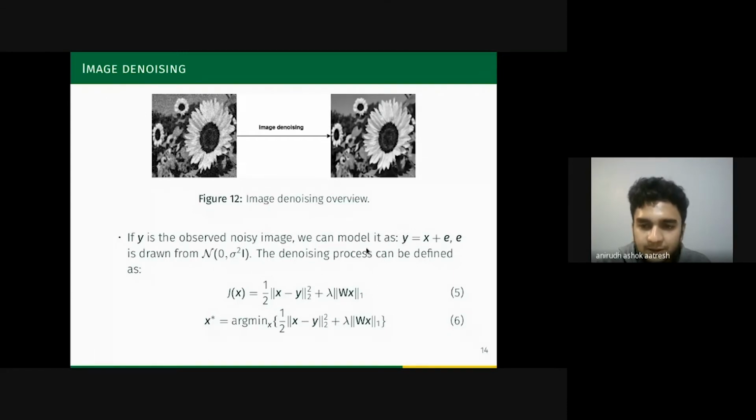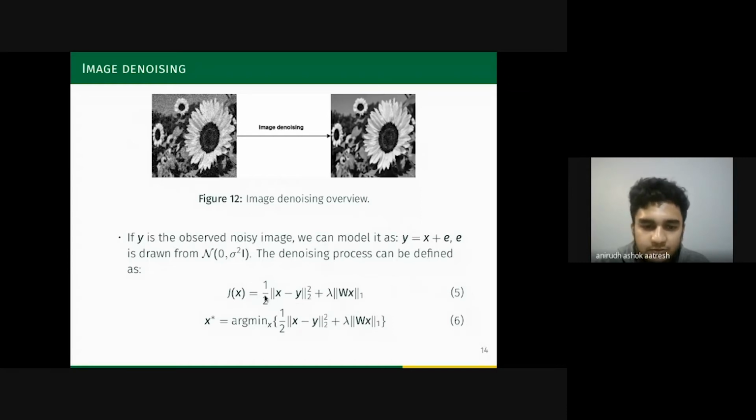What that basically means is that e consists of random values which are added to a clean image to obtain a noisy image which corrupts the signal. So what we have to do is obtain x from y. This type of problem is known as an inverse problem,